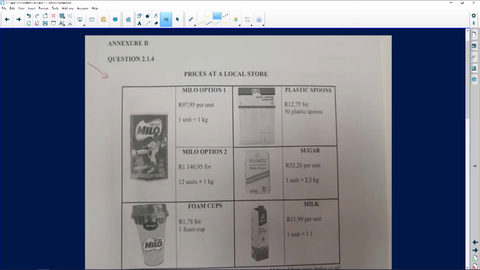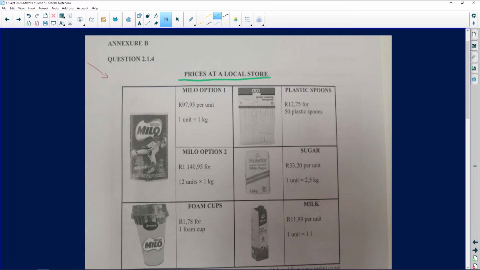So we haven't, guys, even looked at the questions, but we are now analyzing. So it says to us there, prices at a local store. So what is the first thing we can see? Milo option 1 and Milo option 2. Milo option 1 says to us 97 Rand and 95 per unit, and then it says that 1 unit is equal to 1 kg, and then Milo option 2 is you buying 12 units. Sometimes we know, guys, that if you buy in bulk, it could be cheaper. So it says to us that 12 units times 1 kg is going to be